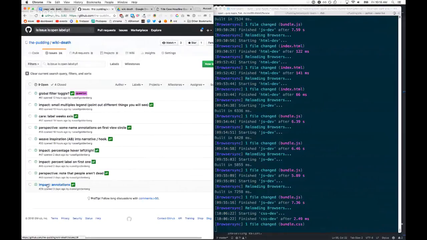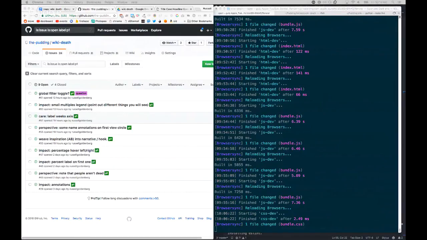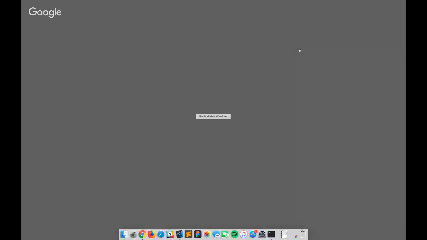Saving that one because I need annotations. Saving that, basically the impact chart I'm saving. Let's look at the carry chart. We can close this one off. If we go to the carry chart, let's enable that.